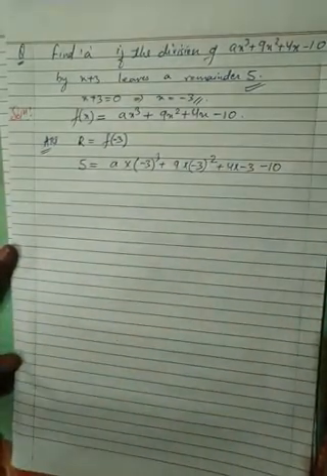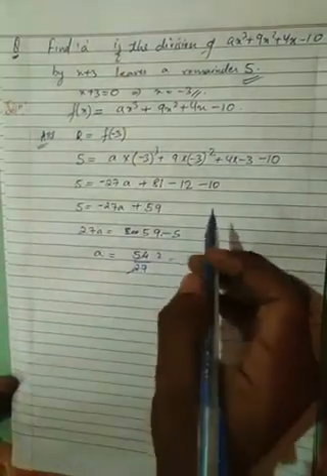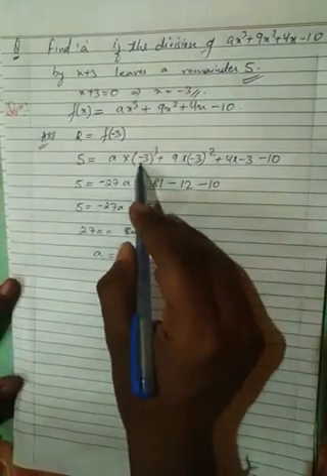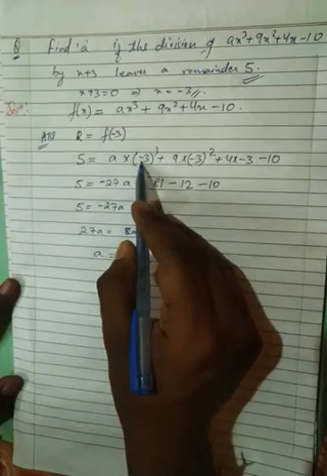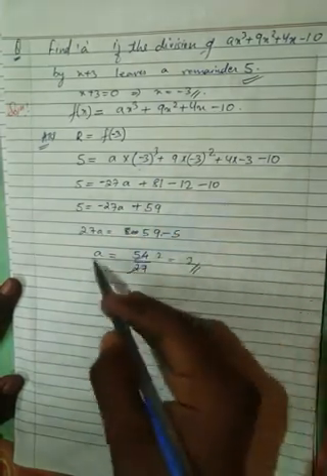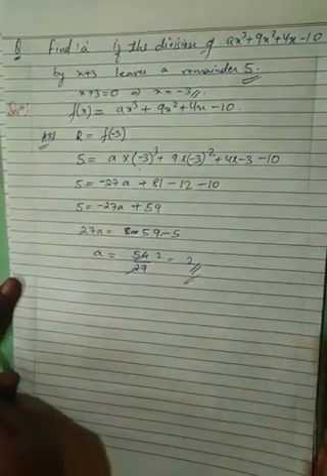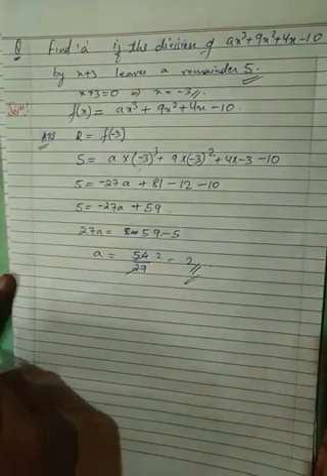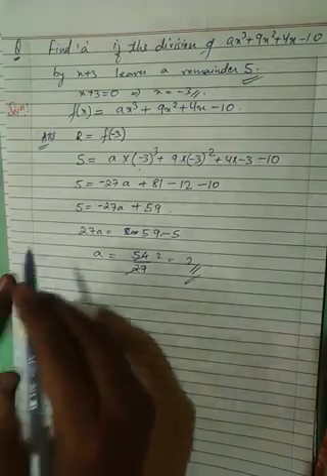Okay, now we'll solve it. If you calculate this, we'll get what? This will be minus 3 cube, which is 3 times 3 is 9, times 3 is 27, so minus 27a plus 81 minus 12 minus 10. Solve this, and we got the a value as 2. Clear, all of you? This is how you can solve this question, finding the value of a when the remainder is already given to you.